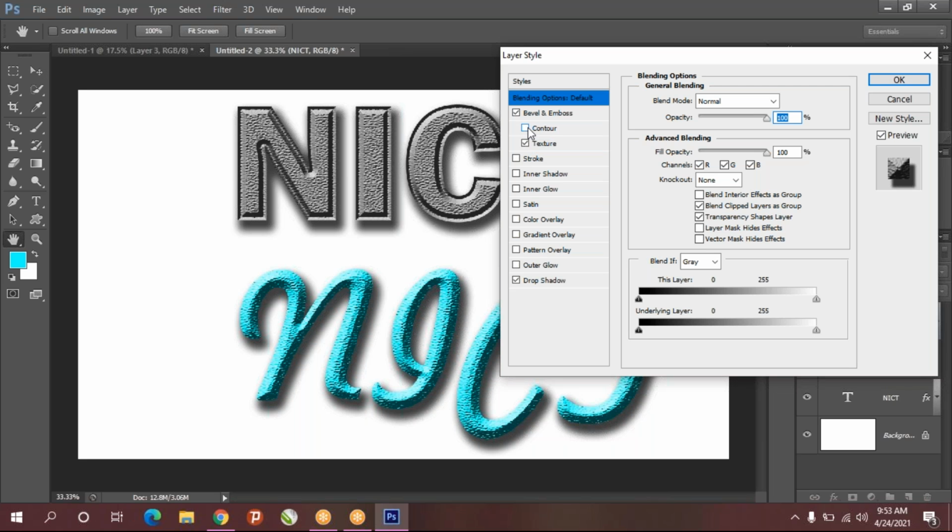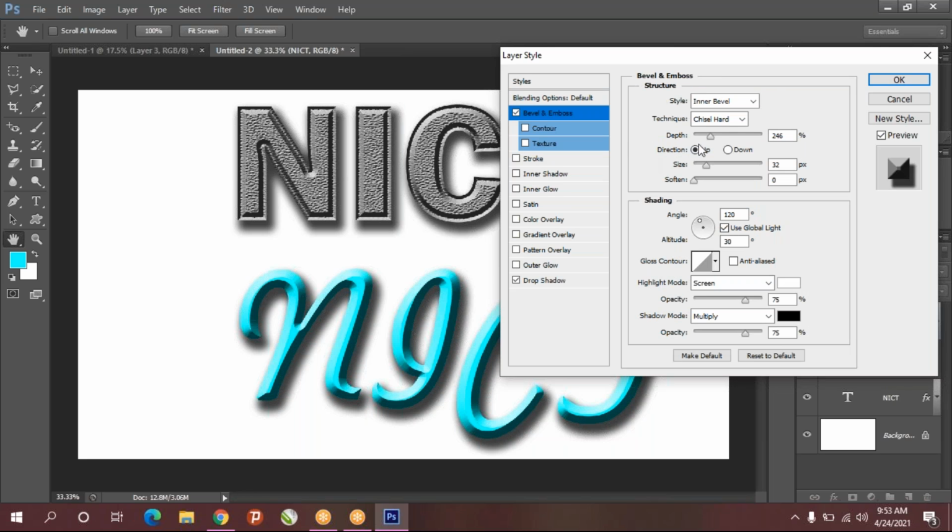And I'm going to remove the contour value and texture also. And the bevel and emboss value I'll give smooth.